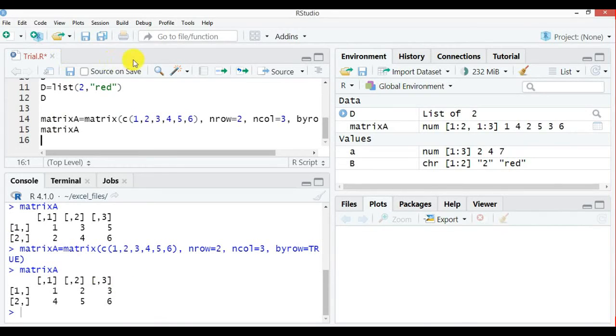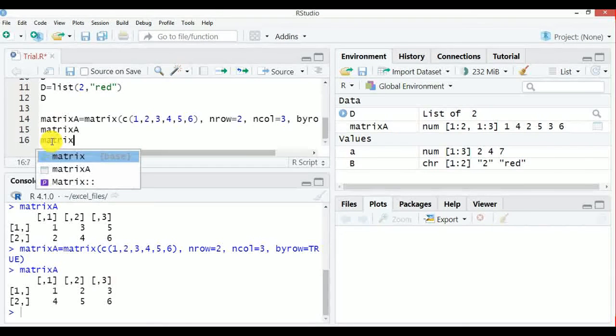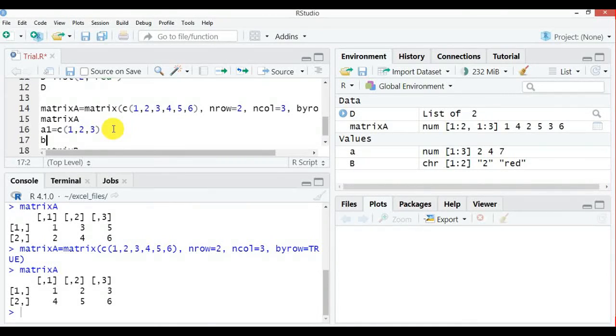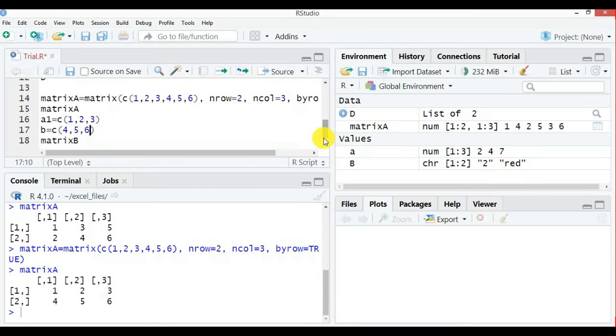The other way of saving a matrix is, say I want to make matrix B, but I have A1 equal to C of some vector 1, 2, 3. Then I have B1 as another vector, 4, 5, 6, for example. If I have these two vectors and want to combine them and make them into a matrix, you can do that.